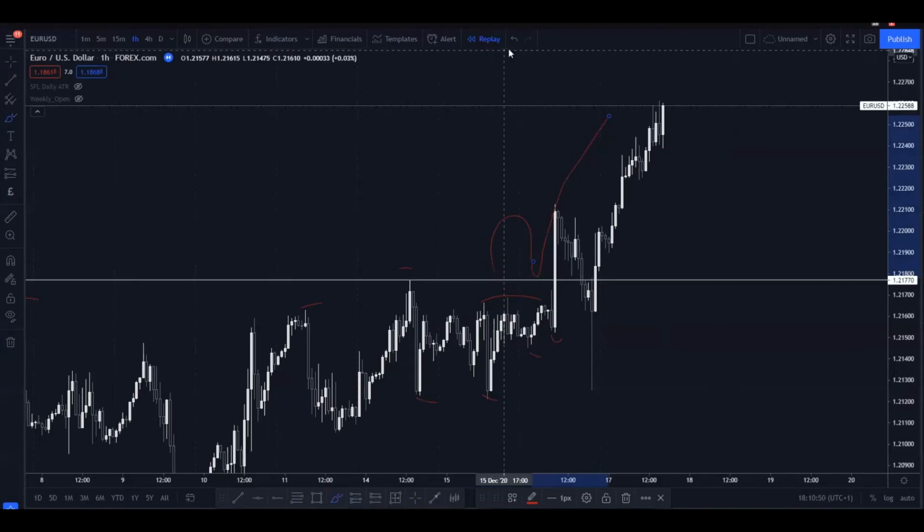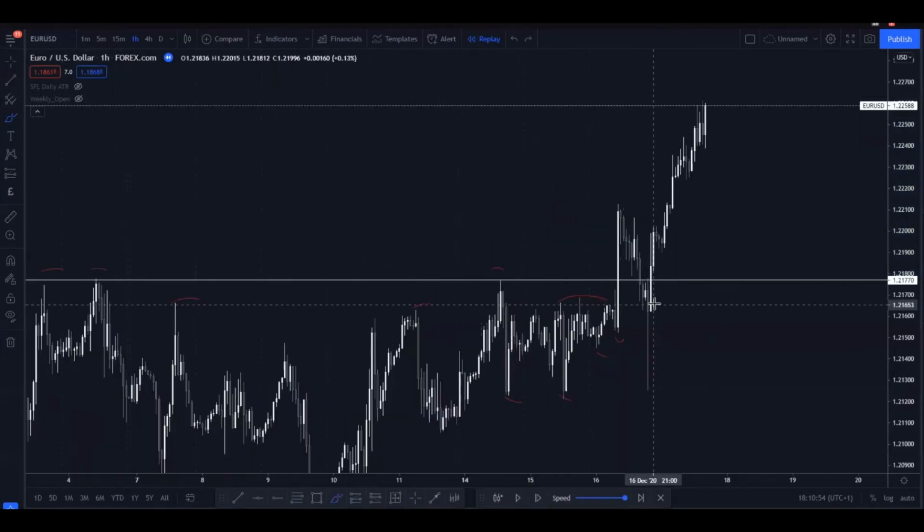However, with the high impact news coming out, the market just needed that push of liquidity, needed to trap those traders who actually were trading the breakout or the forced breakout to the upside, as most of the stops, I said, would be underneath this low here, underneath this low there. And this is a situation that does happen often in the markets.